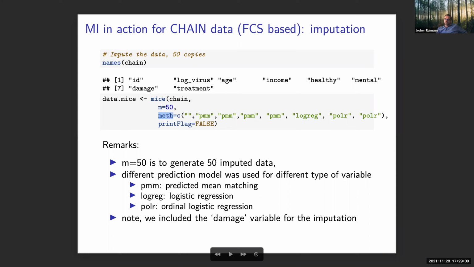The methods we're using are individualized for each variable we're looking at. For ID, it's a complete set. What would you do with ID? How could you deal with that? There will be no missing value, and it's also non-logical to impute that. Then we have PMM. This is now